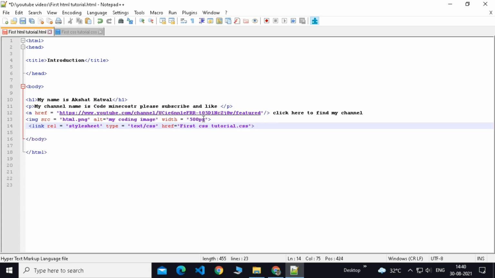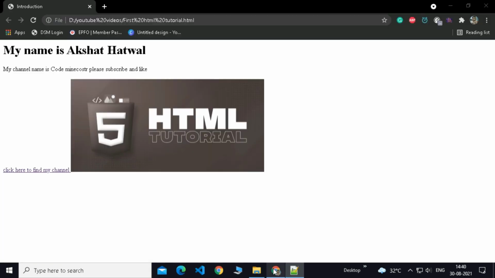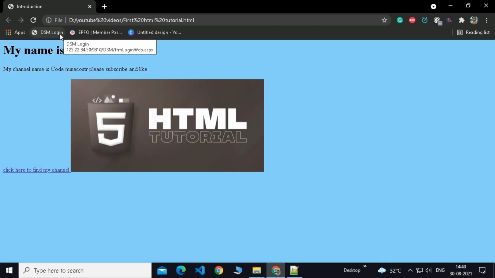As soon as you close it, remember to save with Control S. Then we will go back to our web page and refresh it. Let's check whether the color changed or not. And yes, it did. The color did change. You can see the color is light sky blue, as we mentioned.